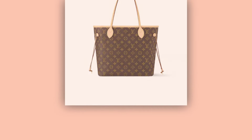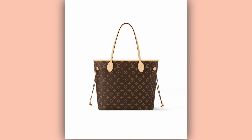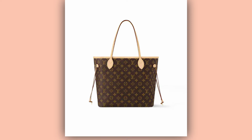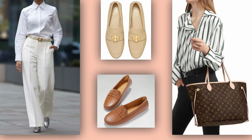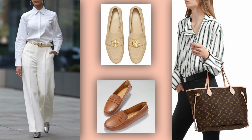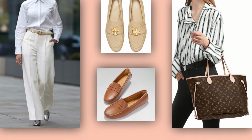Now, the MM size is that perfect middle ground, not too big, not too small. And the classic monogram canvas, it's recognizable, timeless, and flattering to warm tones, earthy palettes, and neutrals. So how do we style it? One of my favorite looks is a pair of cream-tailored trousers, a tucked-in white button-down, and beige or tan loafers. Add the Neverfull in monogram, carried in the crook of the arm or by hand, and suddenly the entire outfit